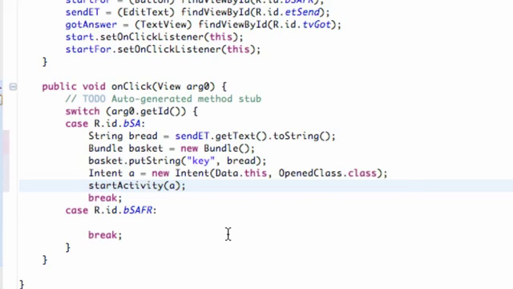So again, there we go. We set up a bundle that's going to be passed through this intent. But let me talk through this again because it might be kind of confusing. We set up a string called bread, and it's going to be equal to the text of our edit text, converted to a string. Then we need to set up a basket, or a bundle, and that bundle is going to be a new bundle object, and then we can put some stuff in that basket